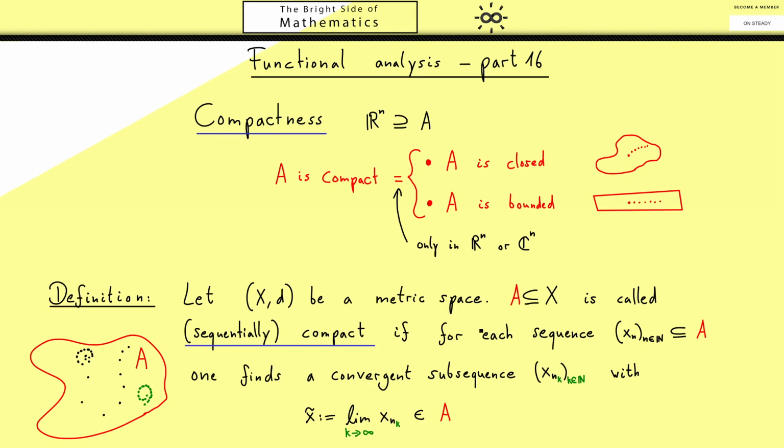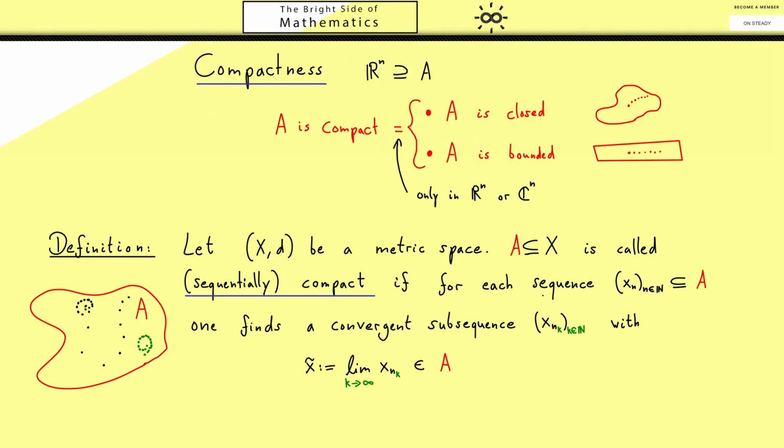And this should work no matter which sequence you started with. Now if you go back to Rn with this knowledge, you immediately see this excludes unboundedness. Because if you tend to infinity, you can't find such a convergent subsequence. Also the set has to be closed, otherwise you can just choose a sequence that has a limit outside of the set A. Then of course you can't add a new limit with a subsequence.